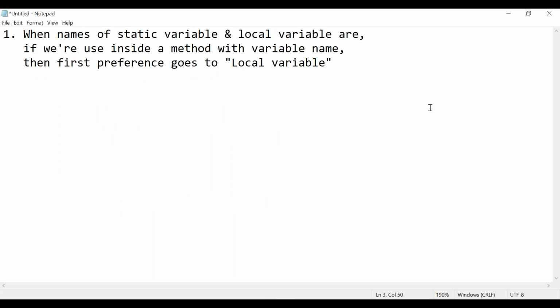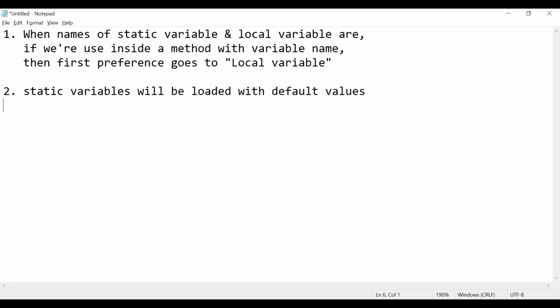First, static global variables will be loaded with the default values. This is the first point we have seen, right? Second, static variables initialization will happen from top to bottom.